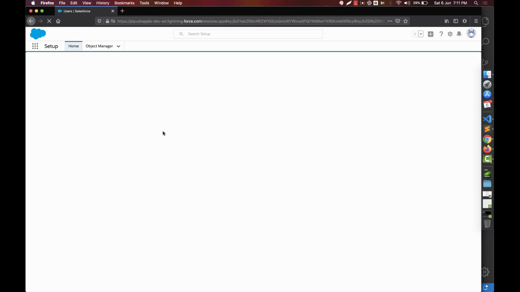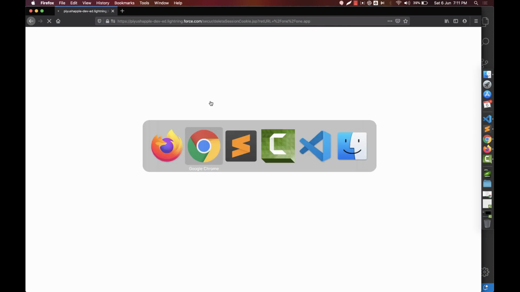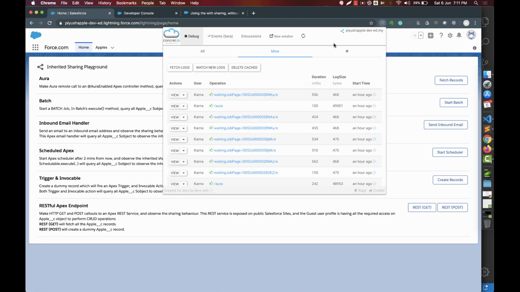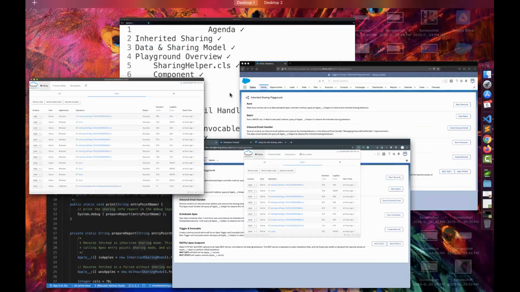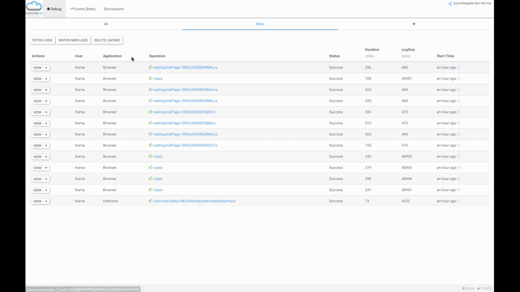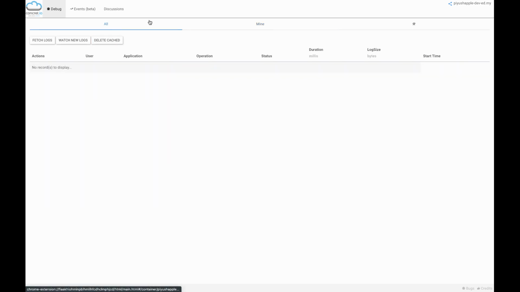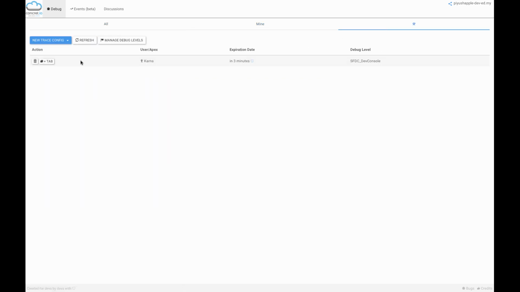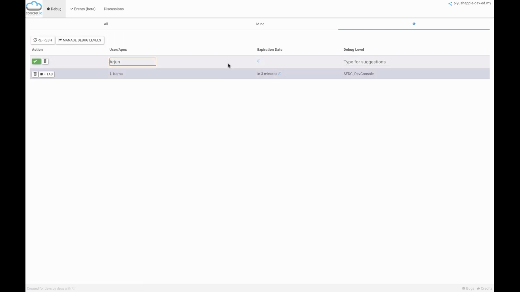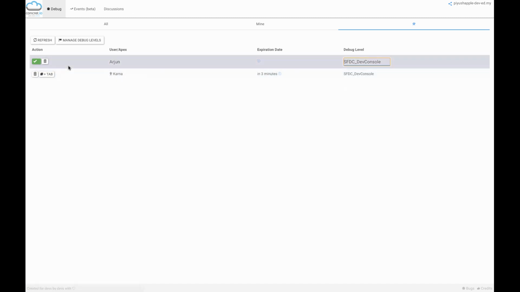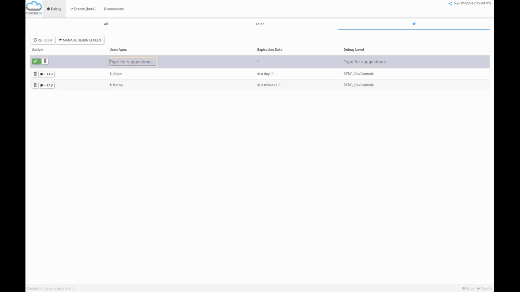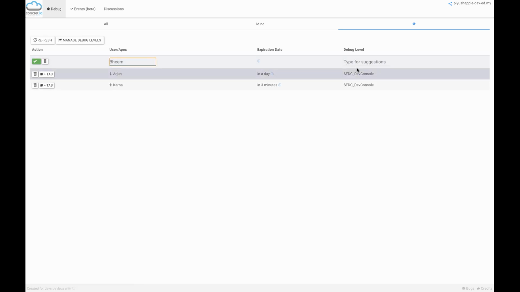I'm logging in as that user, and in the meantime, let's open our debug logs. They are going to play an important role here. I'm moving them to a new desktop to make it easy to review. Let's clean all the old logs, and let's make sure we have a trace config created for Arjun, and also a trace config created for Bhim.